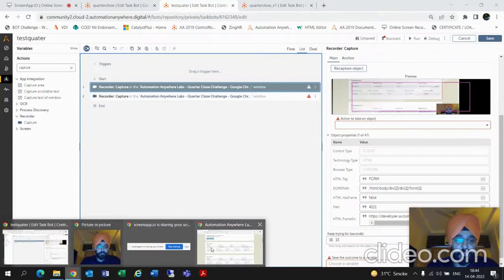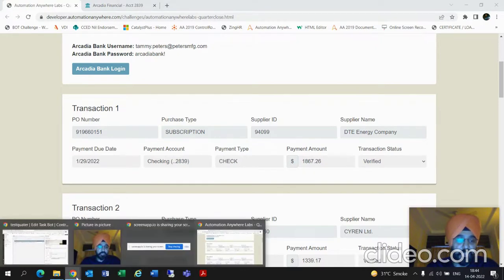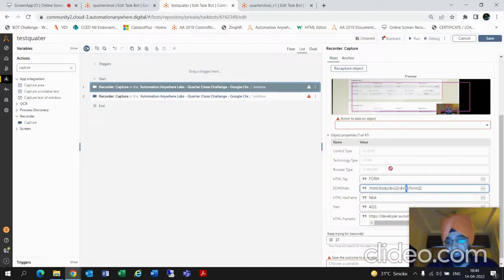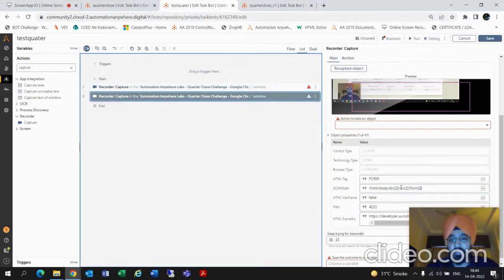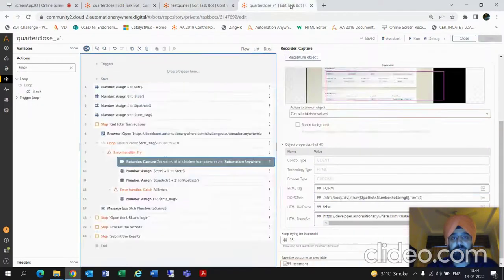So this is a capture for this table, or this box rather, sorry, this box, and this is the element which changes, so I'm dynamically changing this part of the domex path in this code, and the t path, transaction path counter is 1, so it will put 1 here for the first time, and